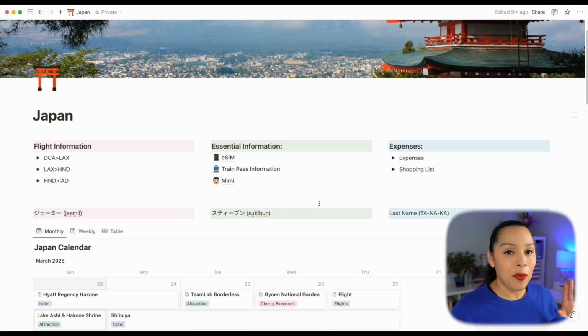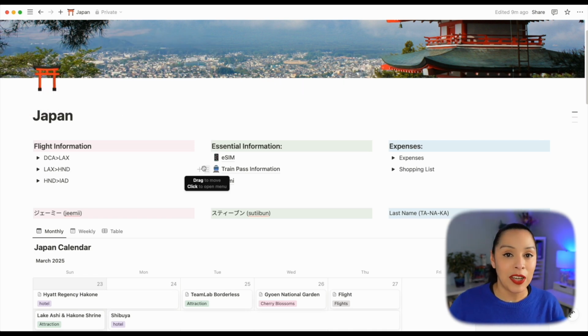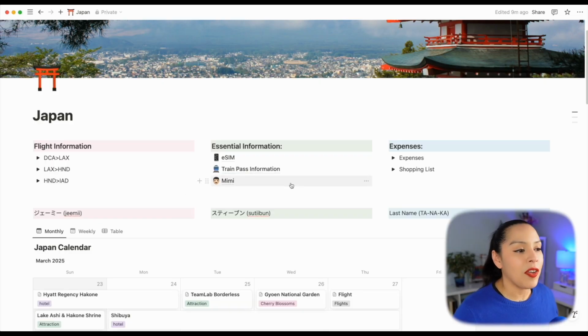Here I have a section for essential information. This is an international trip, so I have to get an electronic SIM card so that my phone could work out in Japan. All of the information related to that device and my subscription is in this page. I also have important information about my train pass, since that is how I will be getting around Japan. I have all of my Suica card numbers, and the confirmations for my Shinkansen tickets are all in this train